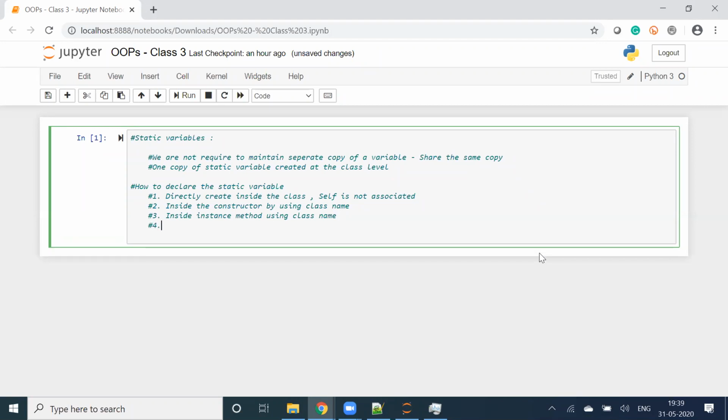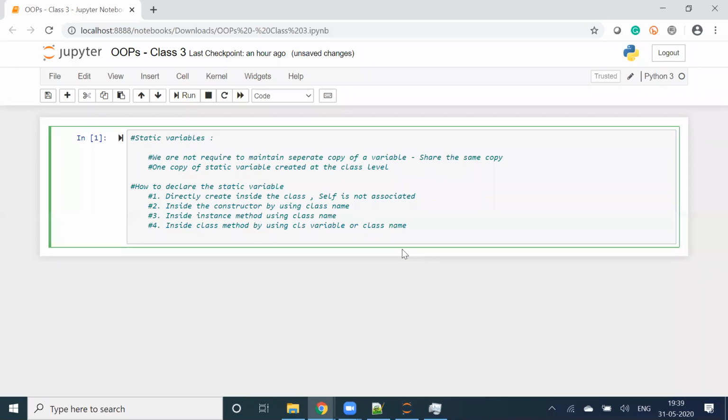Next, fourth, where else can we create the static variable? Inside a class method also we can create it. There are 3 types of methods: one is instance method, second is class method, third is static method. So inside a class method also we can create the static variable by using the cls variable or class name.